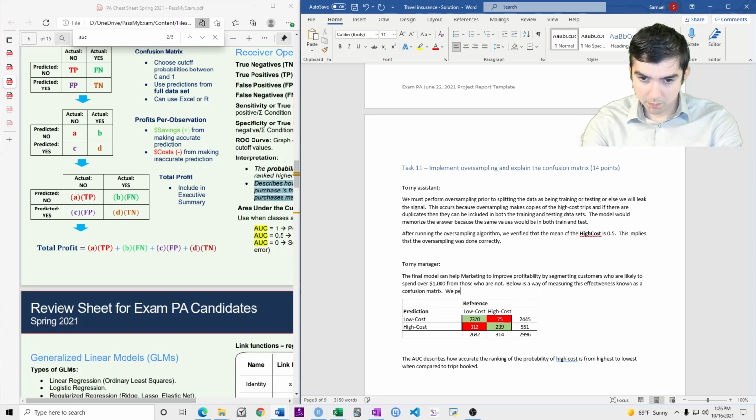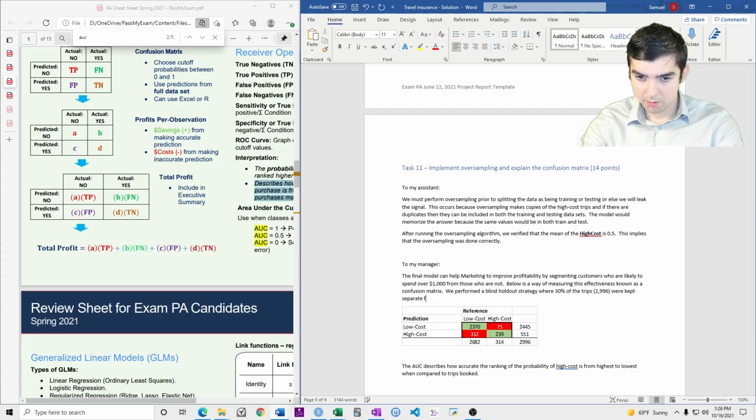The user performed a blind holdout strategy where 30% of the trips, 2996, were kept separate from the analysis and only used to create this table.